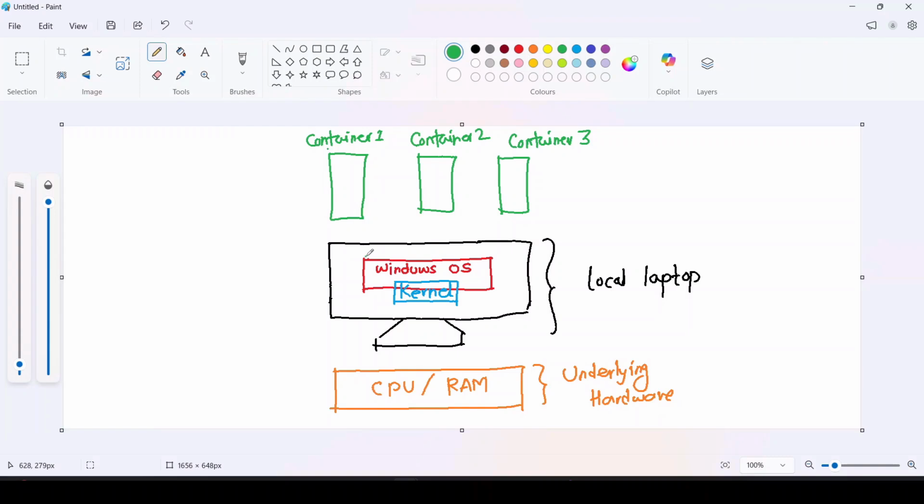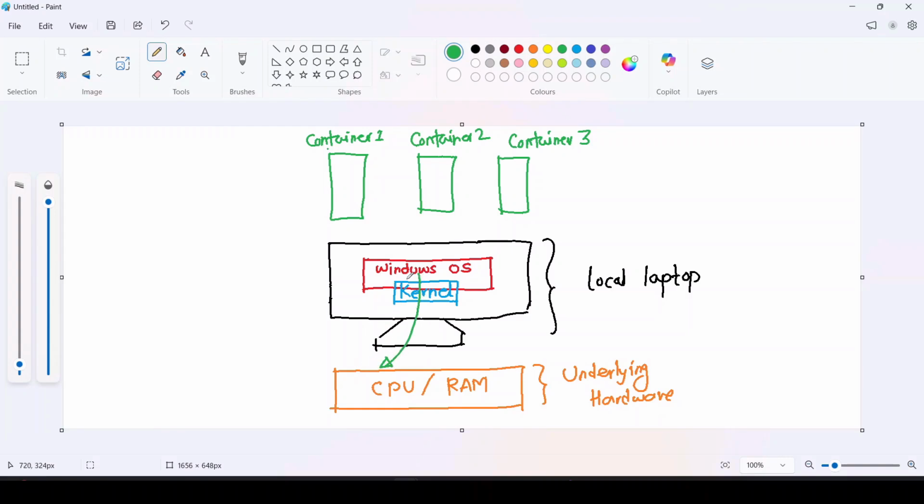So guys, again, if you see this screen, let's say this is our local laptop and this is the underlying hardware of our local laptop. That is, we have the CPU and RAM. And let's say we have installed Windows OS in our laptop. So our operating system interacts with the underlying hardware, that is CPU and RAM, through this kernel,